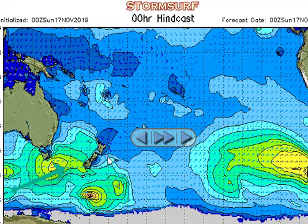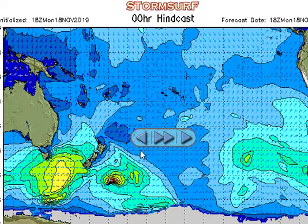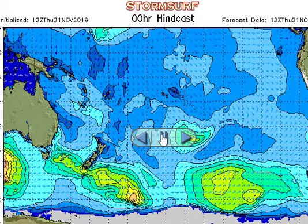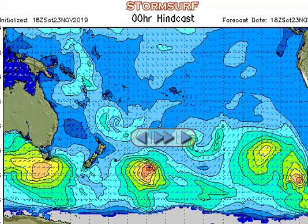Doing a little hindcasting, Sunday the 17th, down under. A little bit of a Tasman Sea source down here, but hardly any energy. It's 1.5 feet, occasional barely 2. But anyway, you can see some. It's not really tracking up towards us. And we get just little pockets of swell, but nothing pointing up our way until right about there. And this is Saturday the 23rd. This guy has some 28-foot seas, and it's compact. It's only going to lead to mostly 2-foot surf here towards the end of the month, the 30th, 1st and